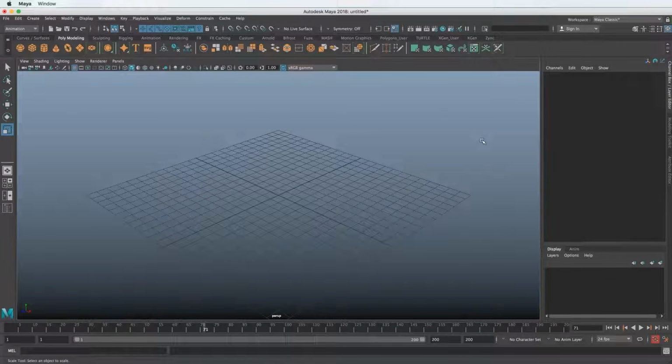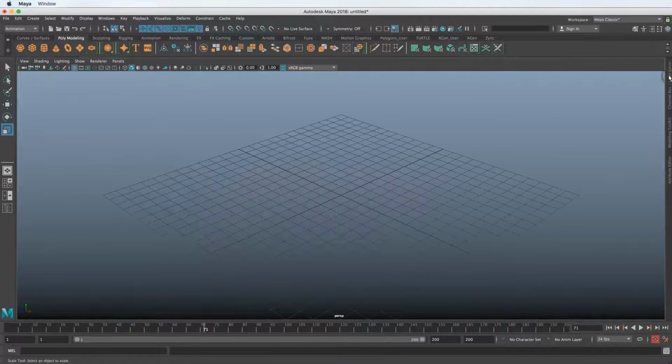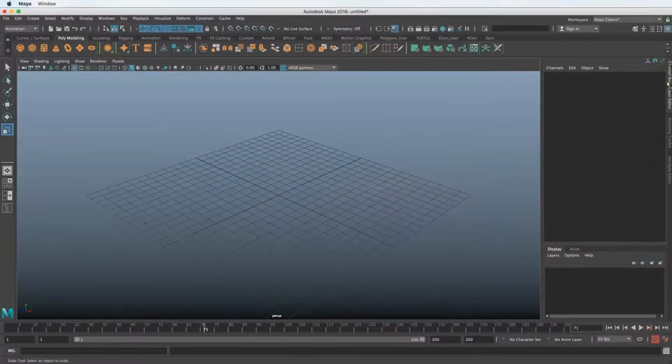So the next thing we want to look at are these different windows as well. We have a blank window here, we have a blank window here, they have their own little tabs here, and then there's these tabs on the side. Again, it seems like there's a ton of options, but it's really not. For example, this tab can be closed down by clicking it, or double clicking it to open it back up.